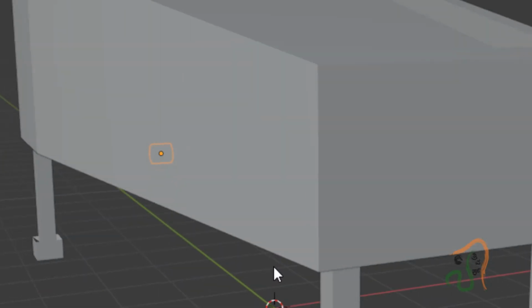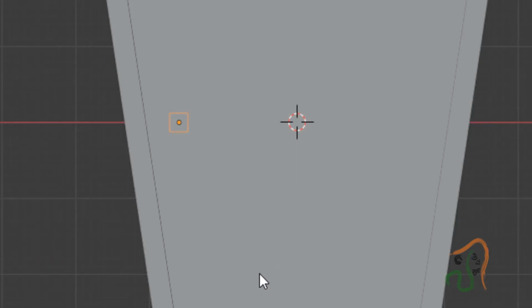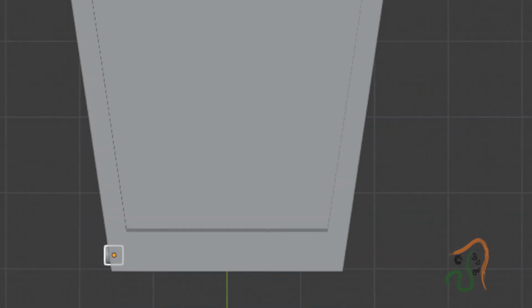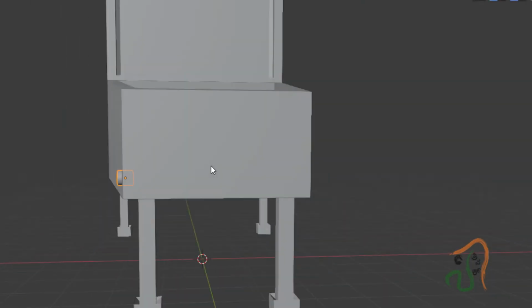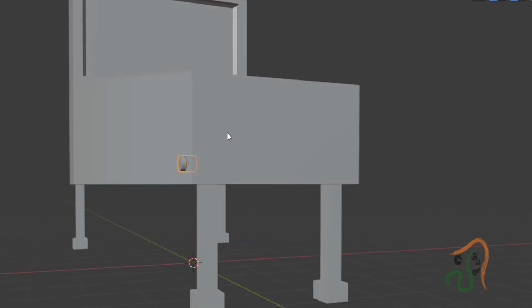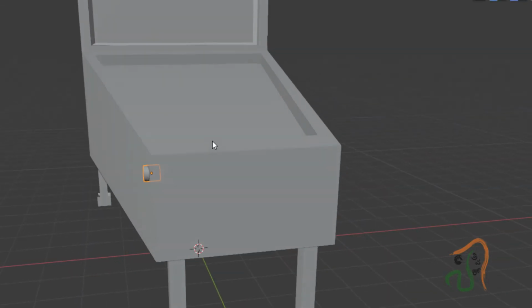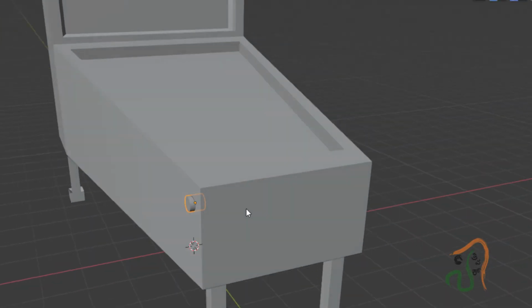Come to top view and press G and let it be here. Let us place this button over here. This is placed a little to the top, so press G and Z-axis to move it to the top. So we have added it like a small button.